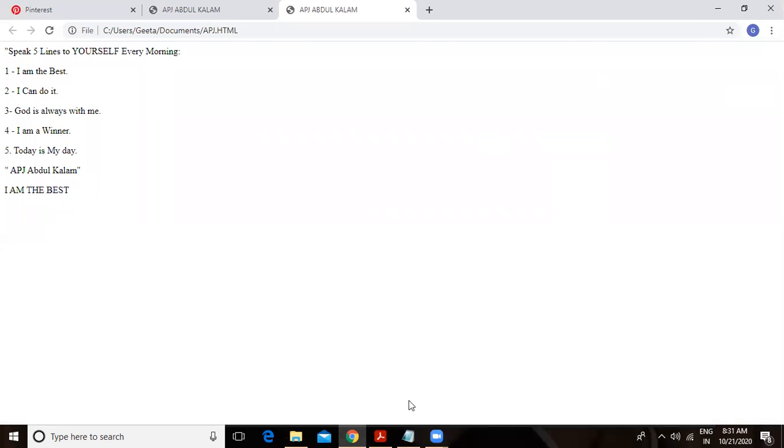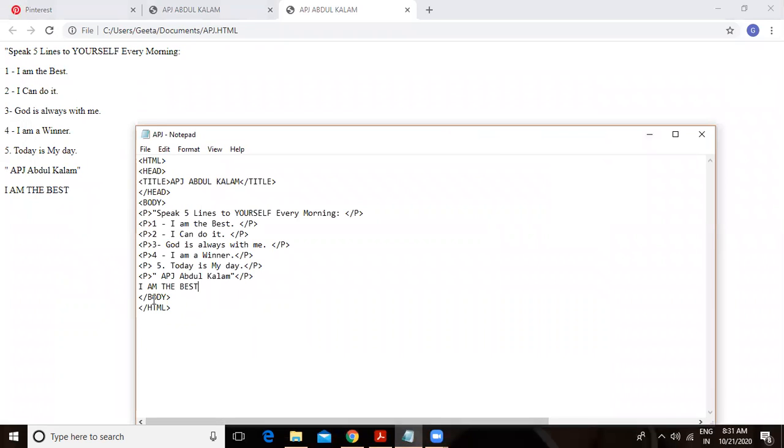So whenever I want to change the line, I have to use BR tag. BR is your line break tag. After you have used BR tag, the also I want on the next line. So after the also I will just put the BR tag and like this.